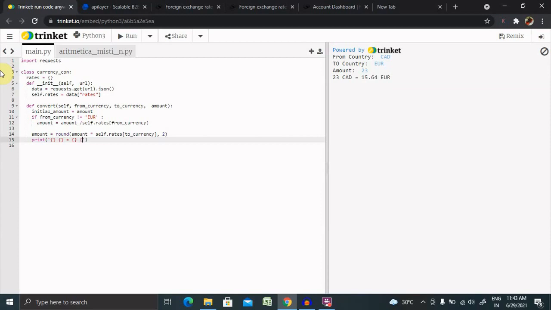So this will give us some value in this format, and then dot format, initial amount which we have declared, comma from currency, comma amount, and then to currency.